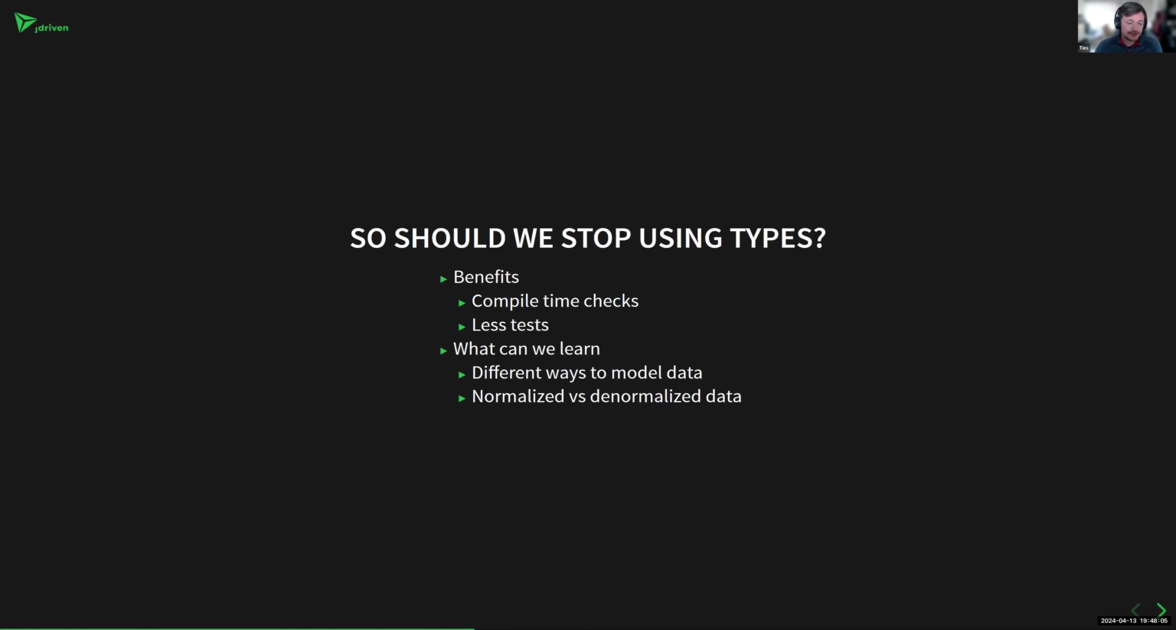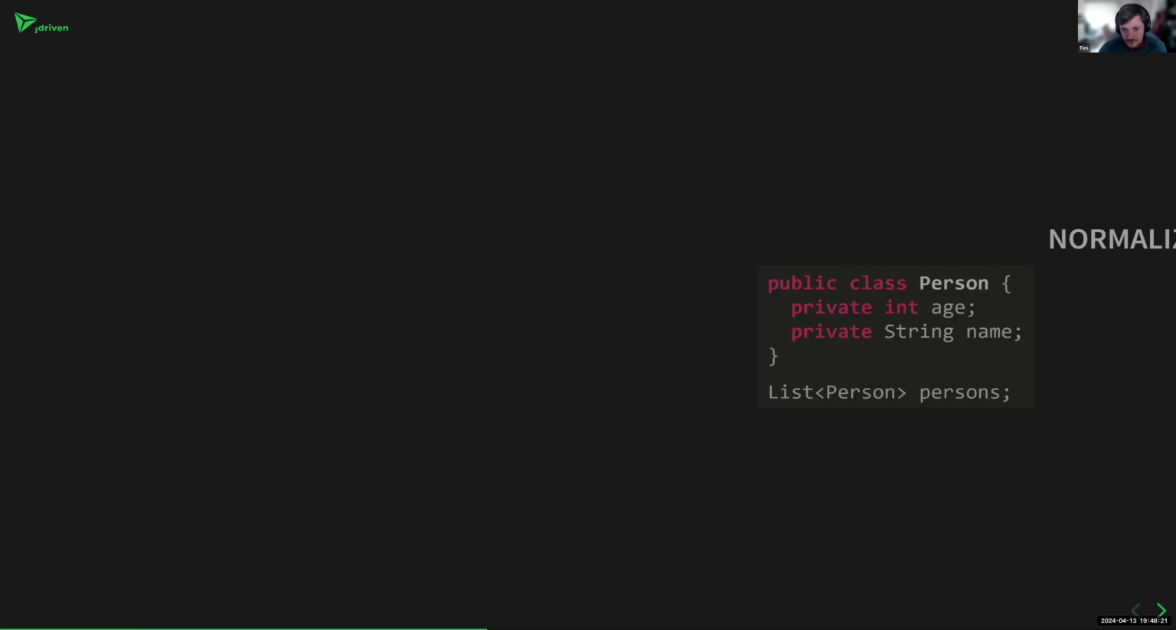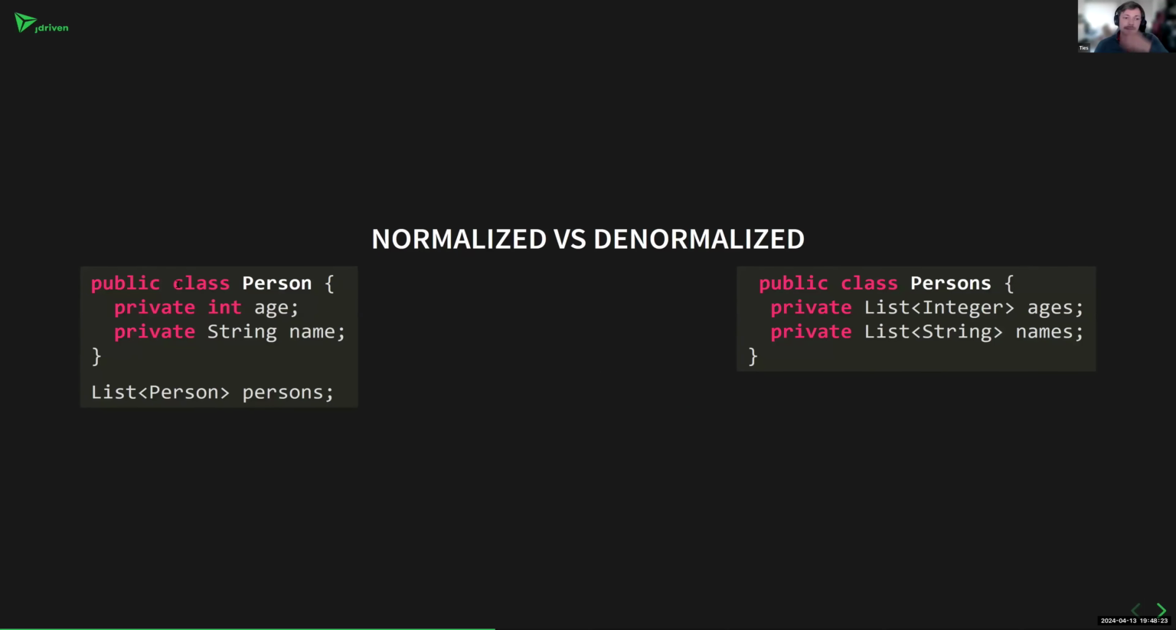So in Java, I wouldn't recommend going all hash maps, but we can learn something from this way of thinking. We don't have to model our data in that structured way. We can also denormalize data, and that can have some benefits as well. To give an example of that,